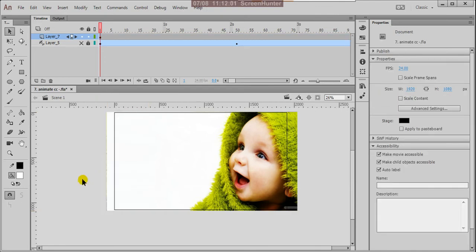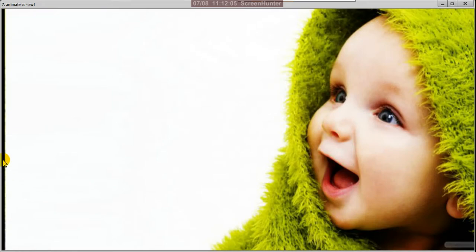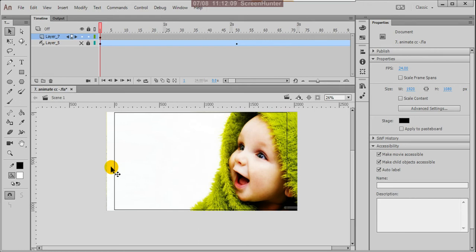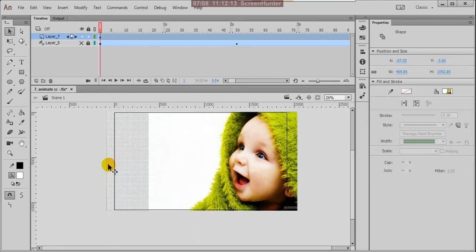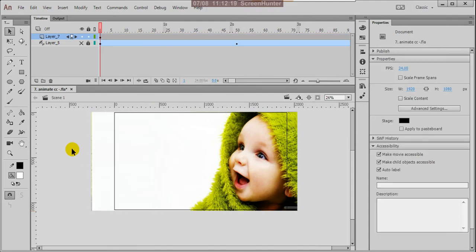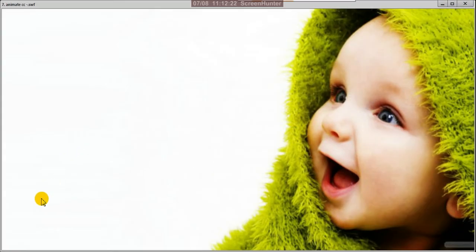Now let us check, control enter. Yeah, again this is there. Second more, yes, control enter. Yeah, that is completely covered.